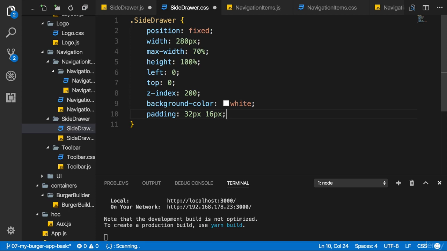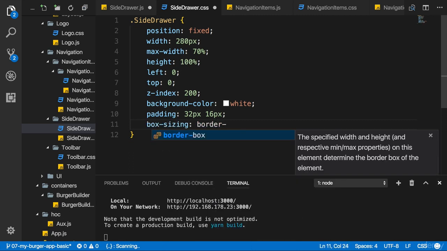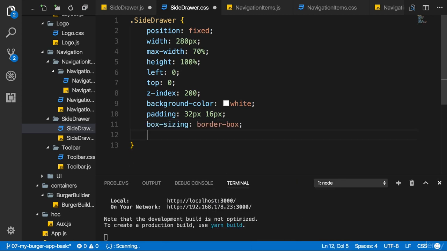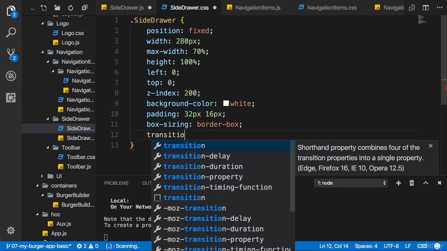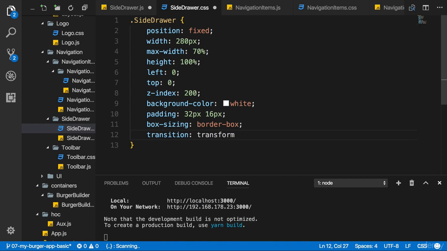And you can, of course, also use percentual values here if you prefer to do that. I'll give it some box sizing to adjust the size to the padding. And now important, I'll add a transition property to react to changes of the transform property and animate them over 300 milliseconds with the ease-out timing function. This will be important for opening and